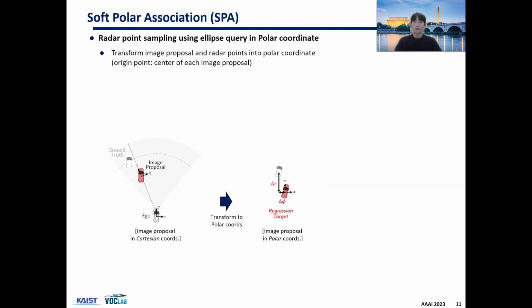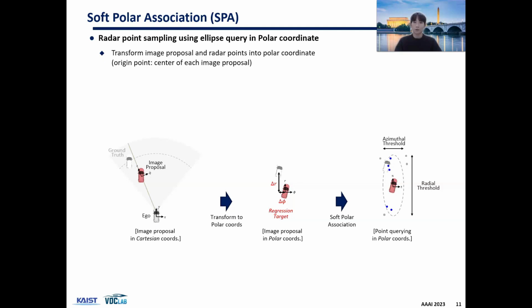To do that, we first transform the image proposals and radar points into the polar coordinate system, then translate the origin point to the center of the image proposal. And now, the regression target between the image proposal and the ground truth becomes the offset in range and azimuth direction instead of x and y. And after that, we associate radar points around the image proposal using an ellipsoidal shape threshold, considering